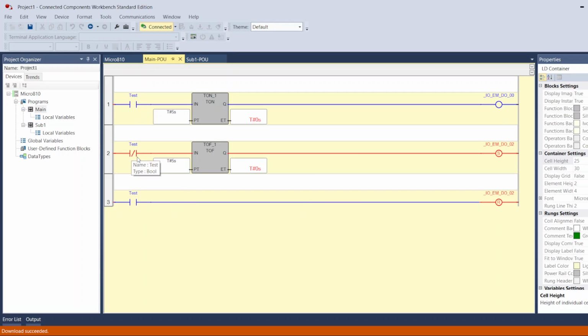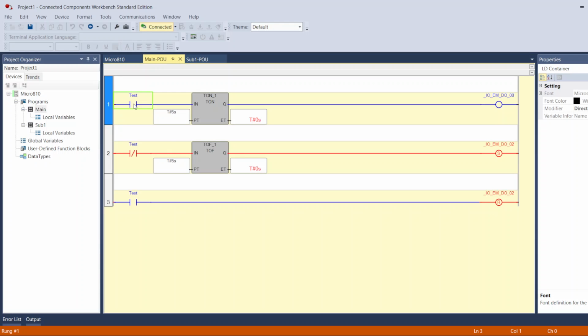And this is normally closed. So blue means it's off, red means it's on. So now whatever is on before this, everything after it will be on too. And I have this output on right now. And it's set. Here now, if I click the timer, if I click test 2 and turn it on,